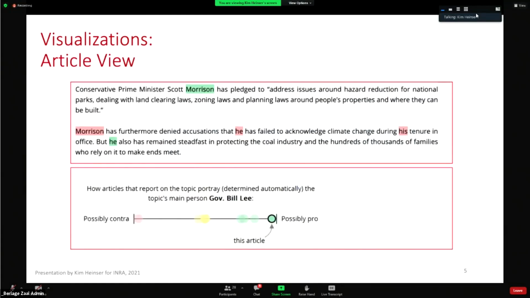We also have an article view. After seeing this broad overview of articles on a topic, we can also see within one article. Respondents get a randomly selected article, and they can see at first glance, is this article rather positive or negative about a person? They can really see in the sentence and get a greater awareness that this sentence has some sentiment about a person. We also have a polarity context bar. So we also show how the article is compared to other articles. Not just grouping, but also showing how extreme an article is compared to other articles.